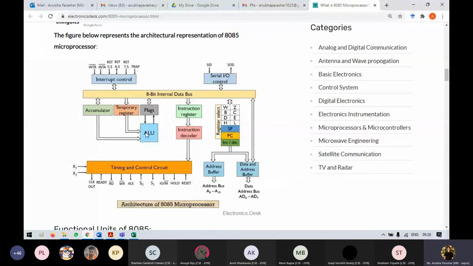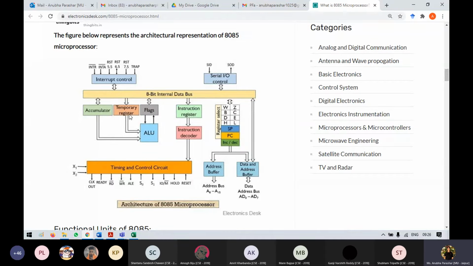So when we say we are going for execution, we are generally taking the instructions to the ALU so that these could be executed. Once they are executed, the values will be stored back. Either they could be stored back here and further taken through the data bus to the memory, or if intermediate values are formed, then they could be stored in the register.